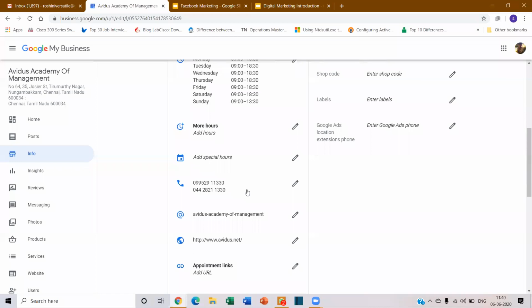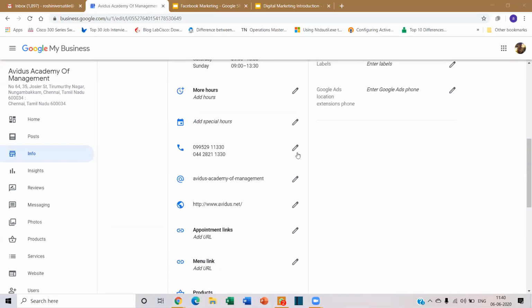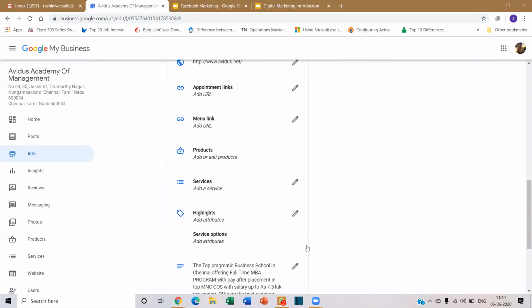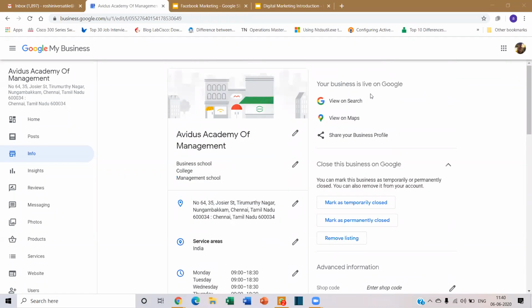Now, when you search in Google, all this information will come. Whatever information you're seeing in Google, in the map or searches, everything is managed using Google My Business only. If you don't have Google My Business, you will not be able to manage it. This is completely a Google owned product, so it is authenticated. You have mobile numbers and all that, and whatever you want, you can go and edit it here.